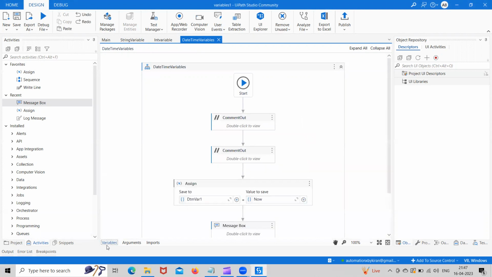So in the next video, we'll see about the collection variables, where we'll try to see how to create